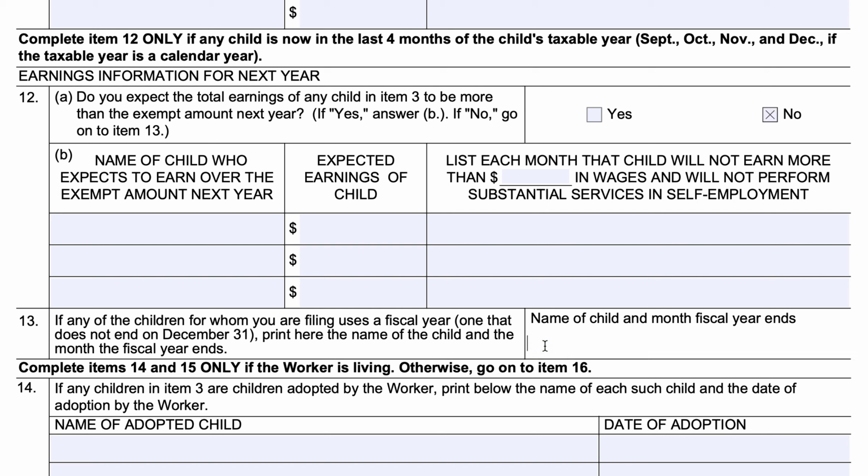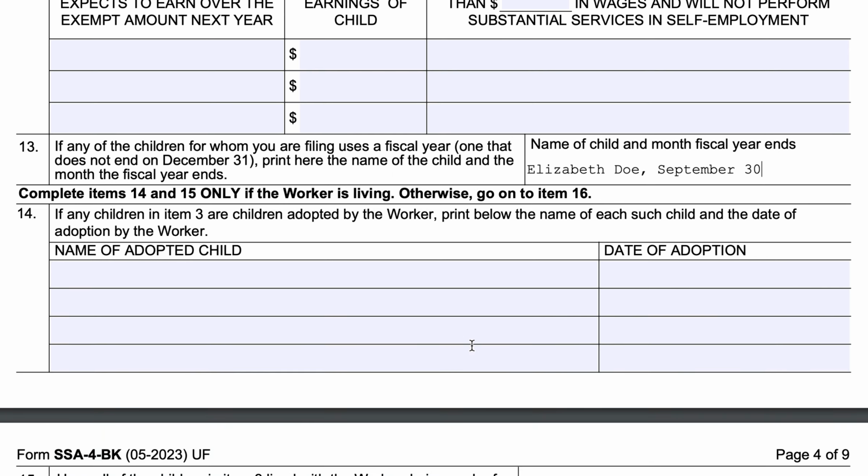So again, name of the child and month that a fiscal year ends, let's just say. And then her fiscal year, let's say it ends on September 30th. All right, so items 14 and 15 only apply if the worker is living. We're going to skip over this since John Doe is deceased, but let's just say that